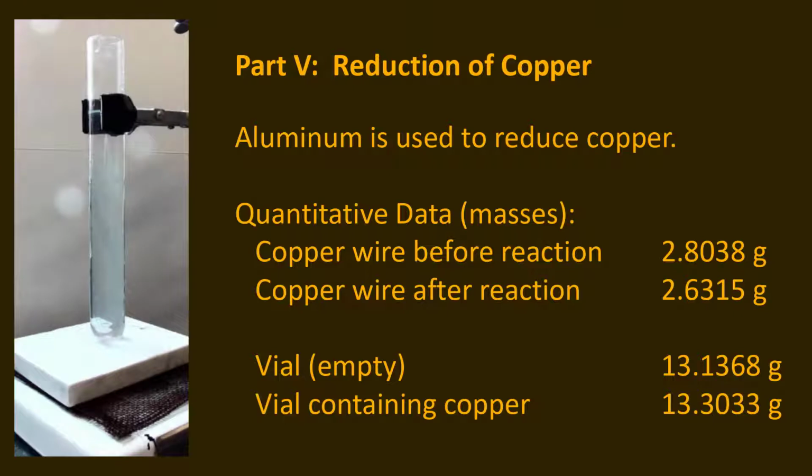I have no expectation of what the ideal mass of the aluminum wire should be at the end. So if there's a little bit of copper that's left over on it, unless I somehow remove it by polishing it. But then if I do that, the question is, have I removed copper or have I removed copper and aluminum? It's not really very easy to figure out how I'm going to recover or quantify the amount of